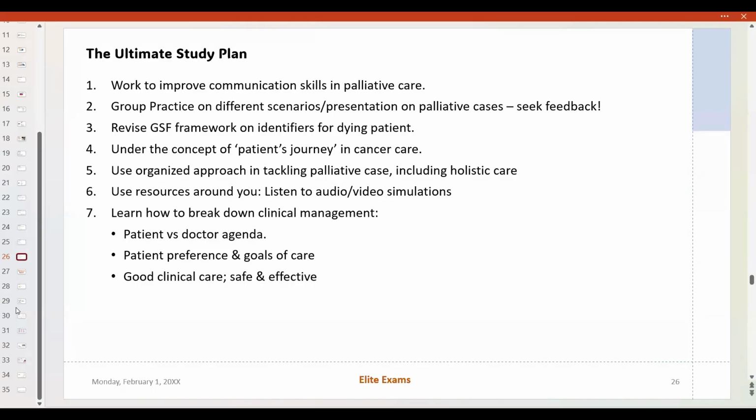We've talked about learning to break down your clinical management, talk about patient-centered first, patient agenda first before yours, very, very important. We've talked about phrases to elicit patient goals, because that's important. And then good clinical care must be safe and effective for the patient. So these are the things that I would advise as your action plan going forward